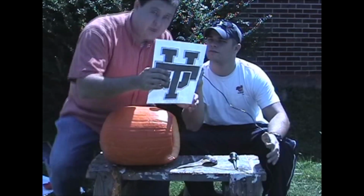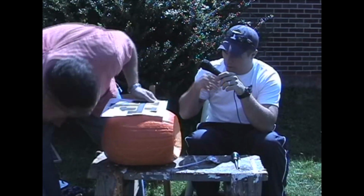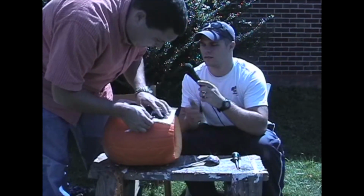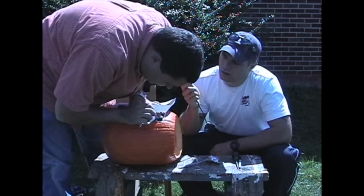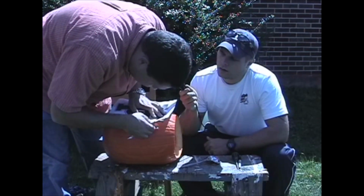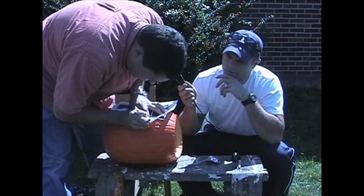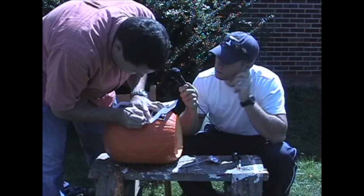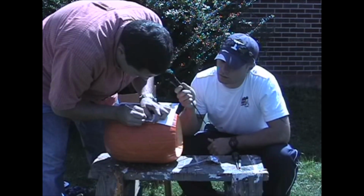That's the pattern I'm going to be using on my pumpkin. We're going to try something a little different called reverse carving, where we actually leave a thing on there and carve out the background. I don't know how good it's going to work, but we're going to try it. Now, I've already started a little bit carving my template into here, so let me try to just figure out where I've been, and we'll continue right along, or at least I will,